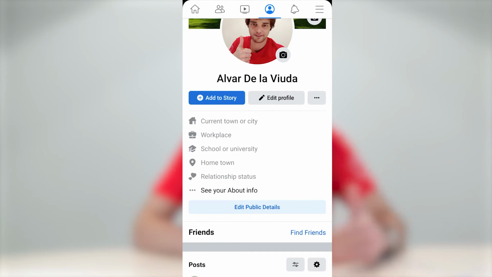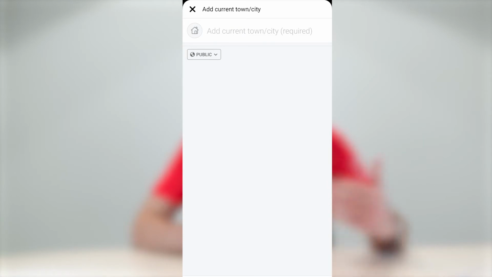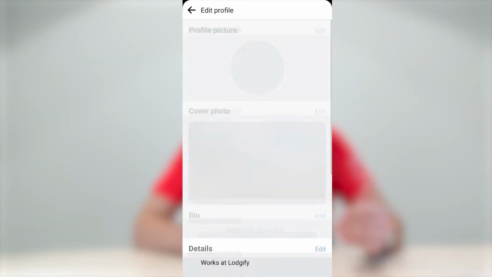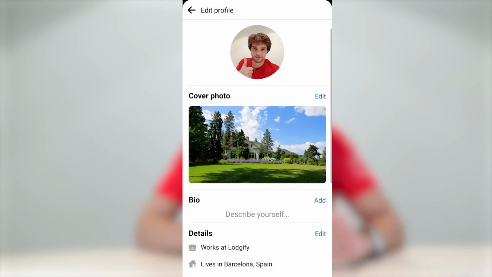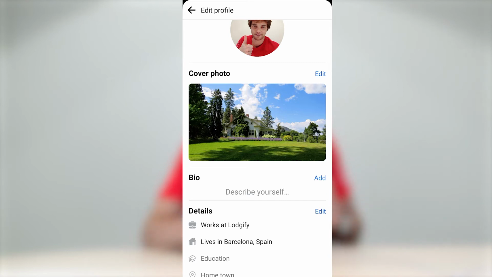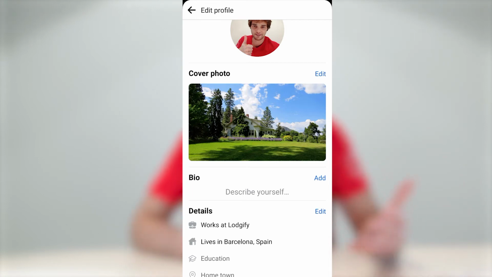So now what we want to do is to edit our public information. So that's really up to you how much you want to reveal about yourself. But now let's have a look at the other things that you can edit on your profile. You can have a bio, so that's very important on your social media. That's where you're going to give a bit more information about yourself, about what you like, about what your job is, or well, anything that you think will describe you and your vacation rental business, right?